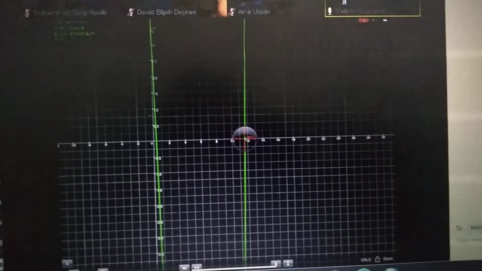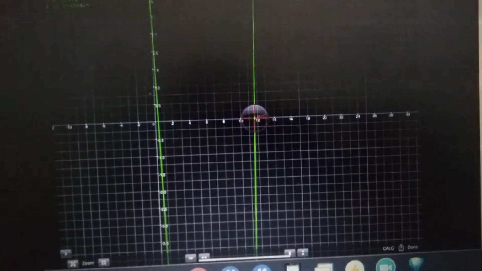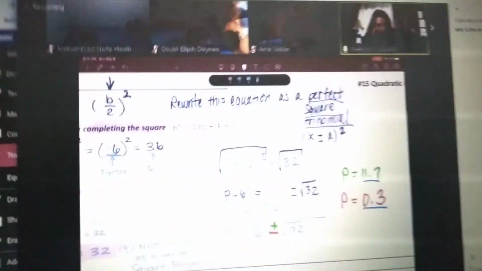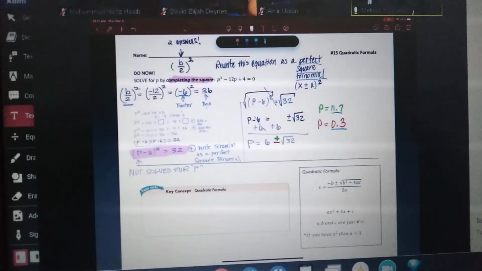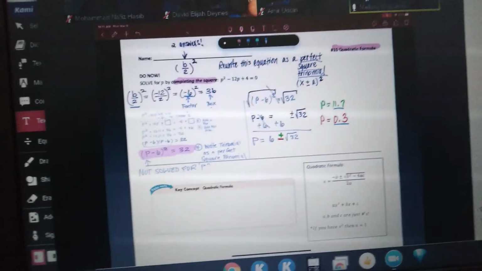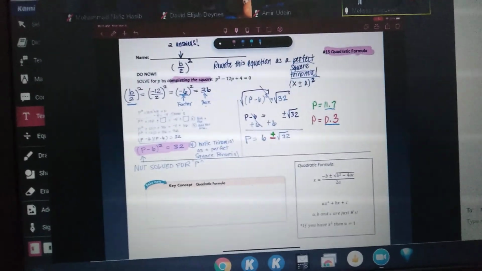Everyone understand? Goody. So, now, Miss, what the heck are we doing today? We're going to be talking about the quadratic formula. The formula will be